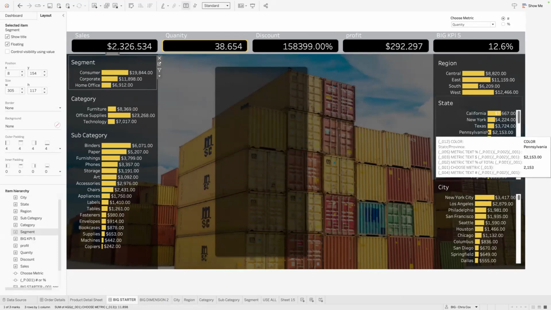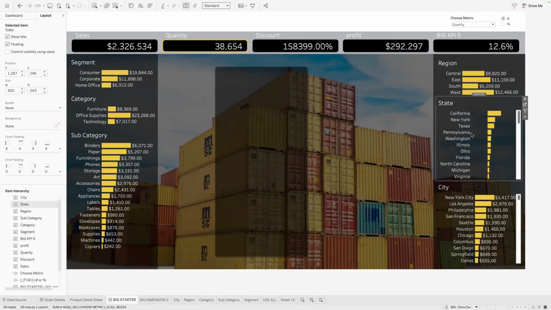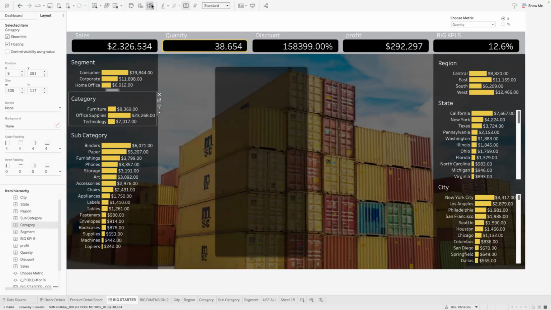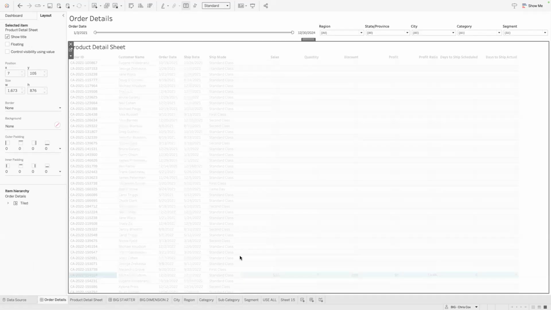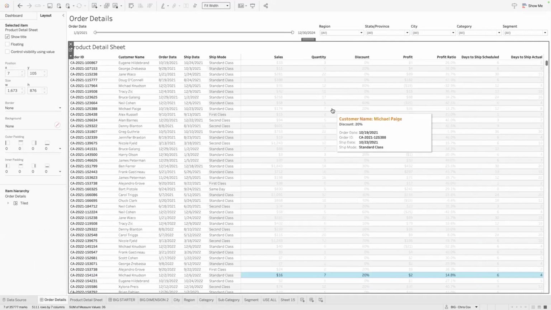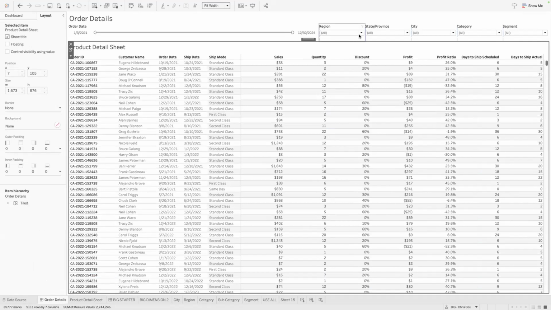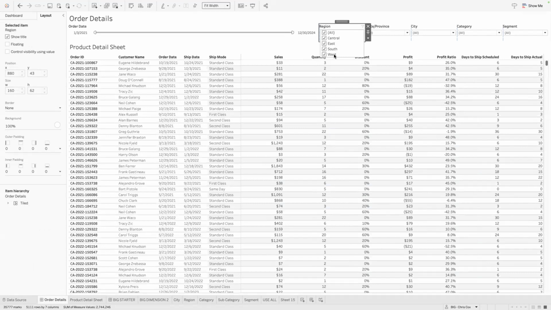This is way better than trying to do it with filters, because you have actions. If you look at the dashboard that we started with, I have the ability to look at region, but the problem is that region is always going to be in alphabetical order. So if I wanted the total by region, I really can't get it, and I don't have any more information here to tell me what's what.